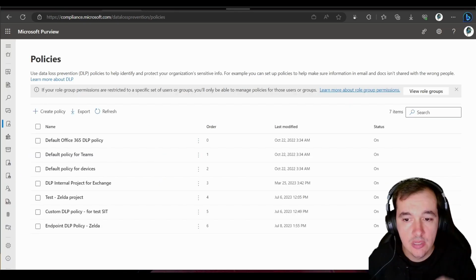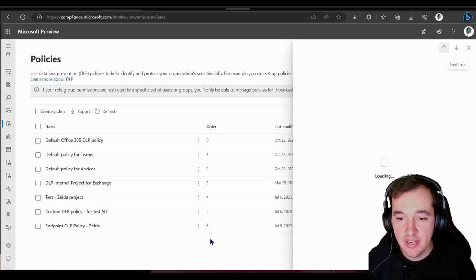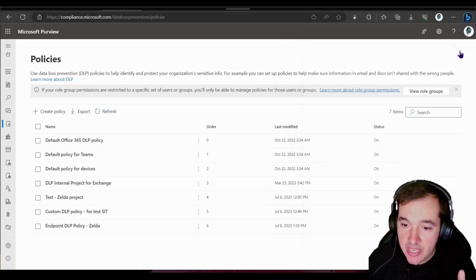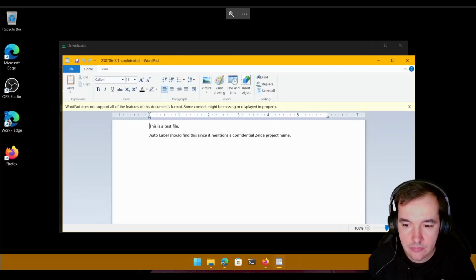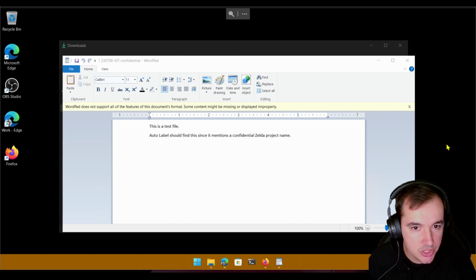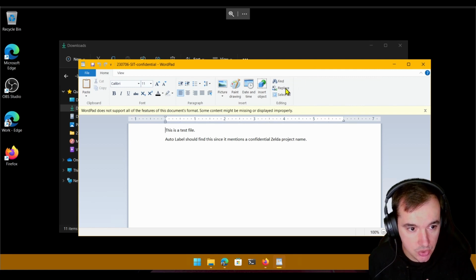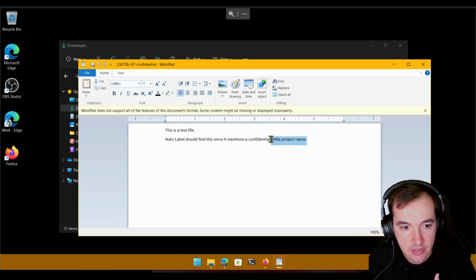device here. Okay, so just double checking the policies. I can see that I have my new Endpoint DLP policy set up and that it's turned on. So now we can flick over to my user experience and have a look at what that looks like. Here I am in my demonstration user desktop. What I have in this desktop is this user has access to a sensitive file. So this is a file that has been categorized with that sensitive information type. And it actually tells me that this is a test file, and this is exactly what it contains, that particular